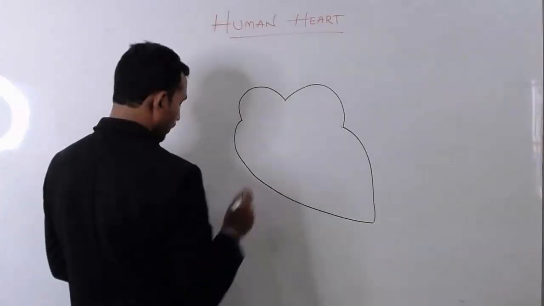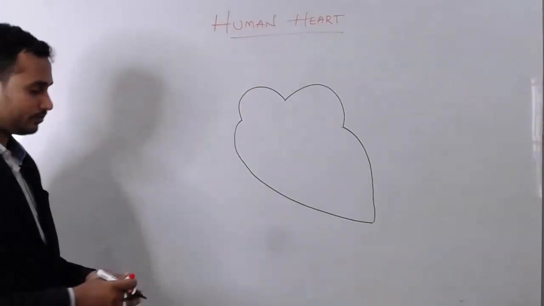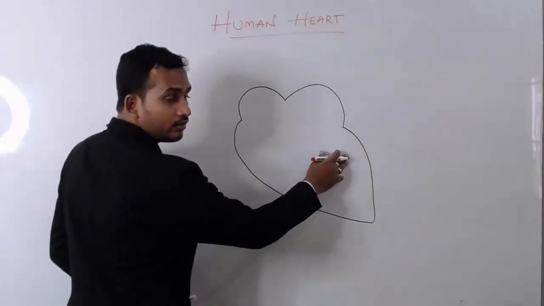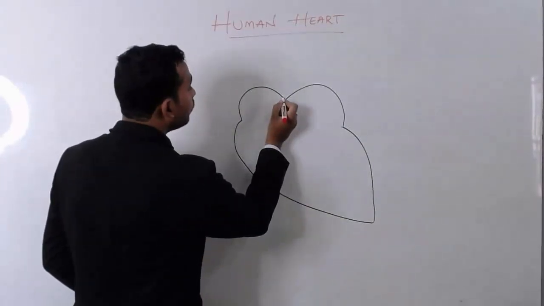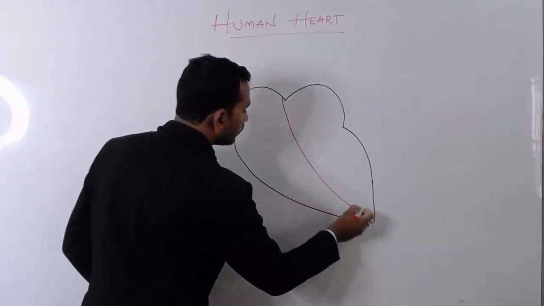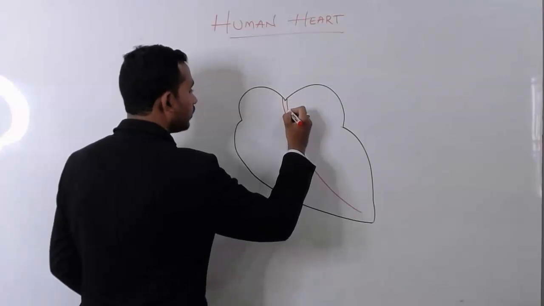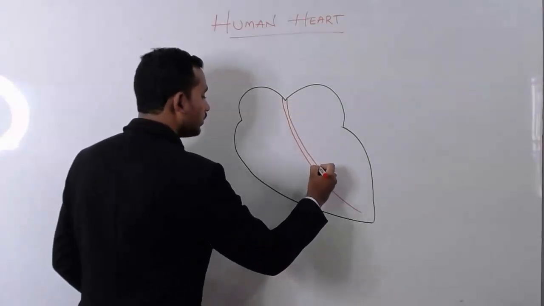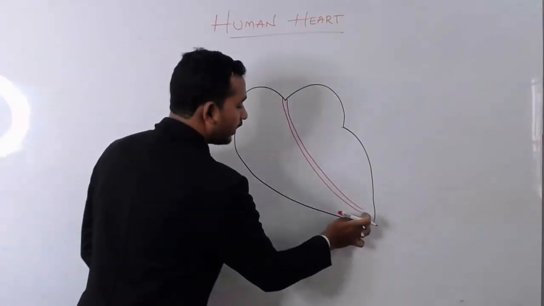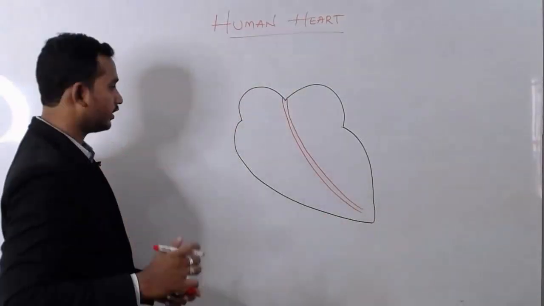उसके बाद आपको क्या करना है, very simple. See here, this is the heart. We are dividing this heart into two separate chambers. So this is the line. Can you see, children? This is the line which is dividing the heart into two chambers. इसको आप join नहीं करना है, थोड़ा gap maintain कर लीजिएगा.